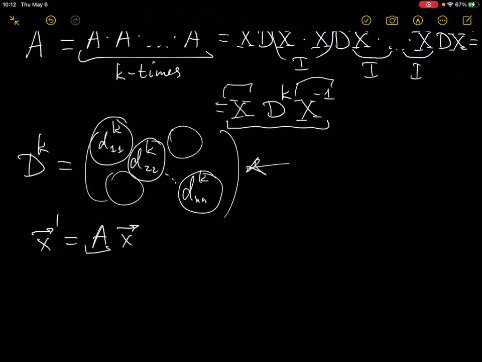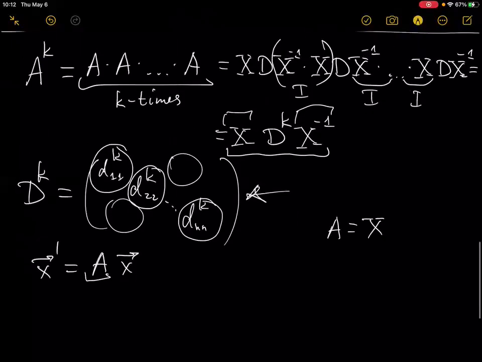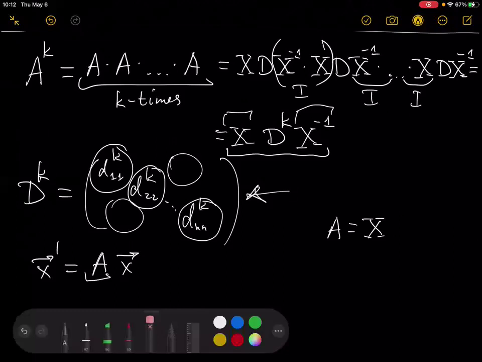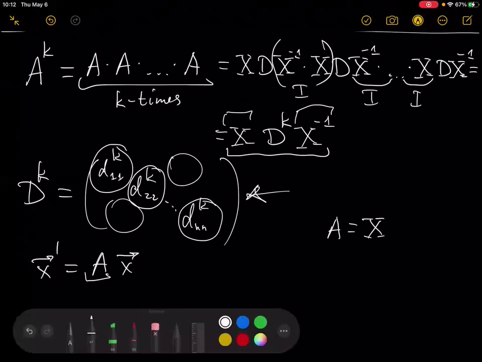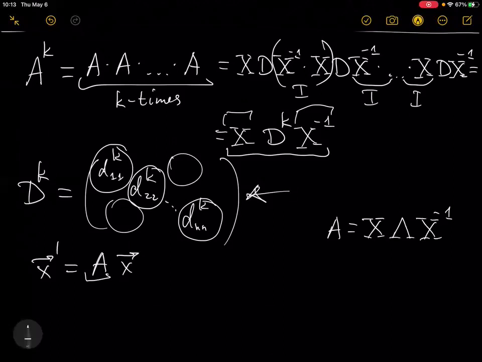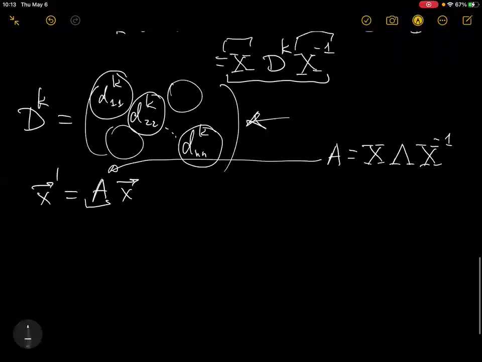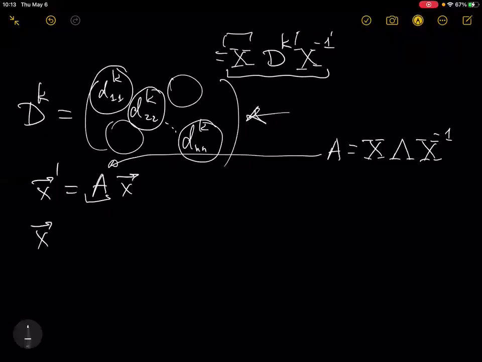So for example, A equals X lambda X inverse, right? So let me put this here. So I can write that this is x prime equals X lambda X inverse